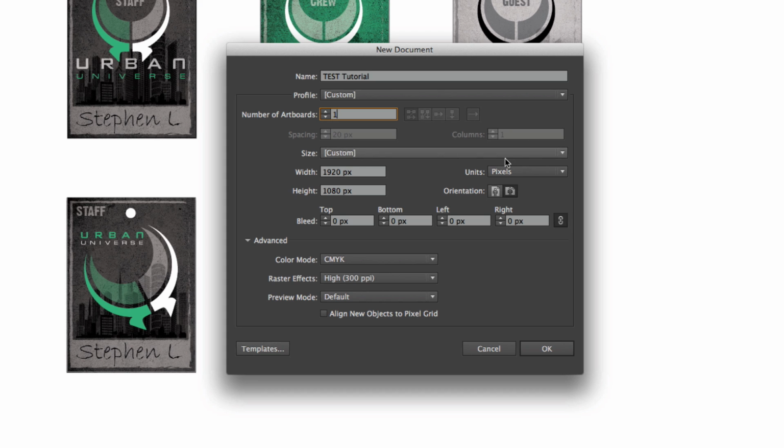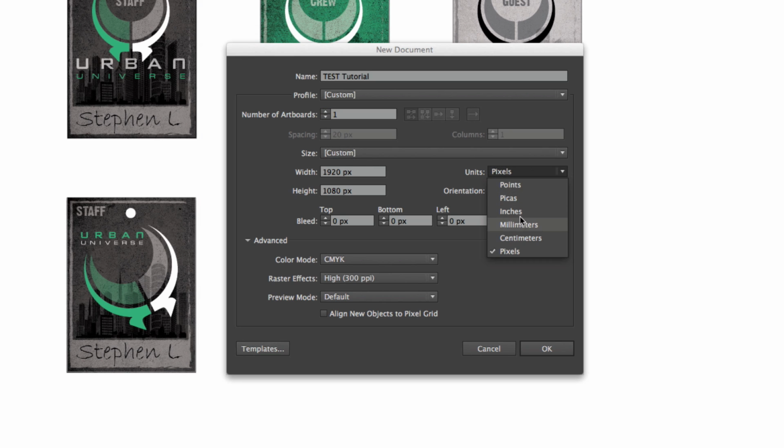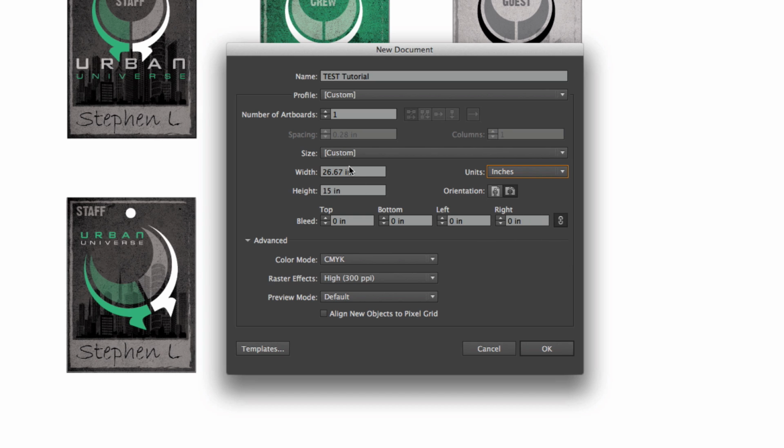The size that we're going to do is, well, first I'm going to change this from pixels to inches. When I'm working with web and video and stuff like that, I always leave it on pixels. But with print, obviously inches is what we all know. So the width of this is going to be 3 inches and the height is going to be 4. Now, the orientation is portrait, and we're going to have to add bleed on this in the end. So I'm going to click this arrow up right here,